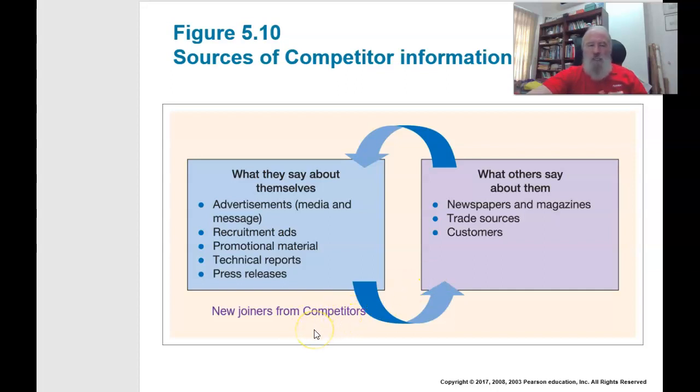But going back to market share, how would you work out what your market share is in comparison to another company? Well, if you get a new joiner, you can ask them, how many people in your sales team? And if they've got 20 and you've got 40, other things being equal, assuming that they have the same revenue responsibility per salesperson or per sales area, that suggests you've got twice as big a market share as they have.